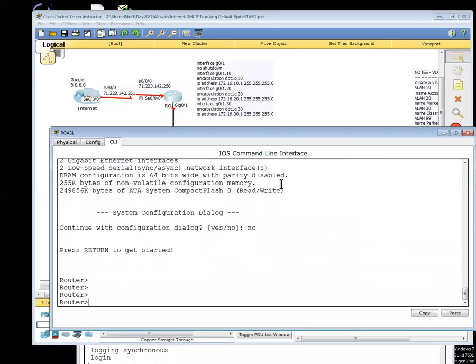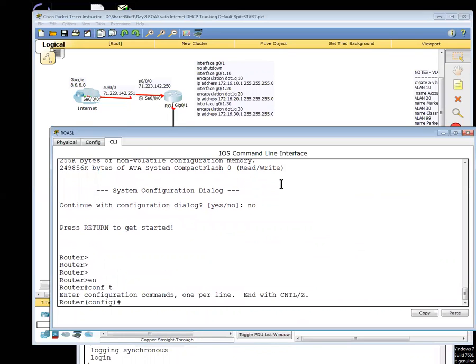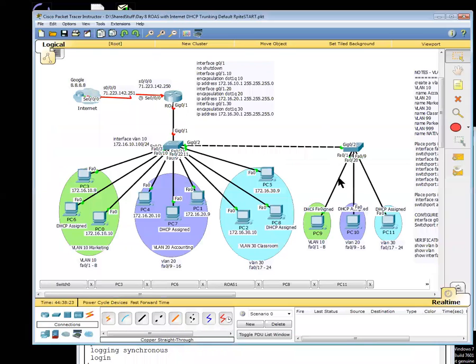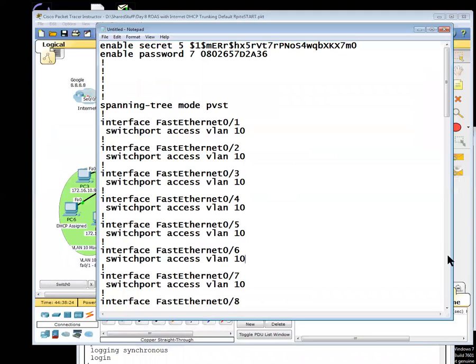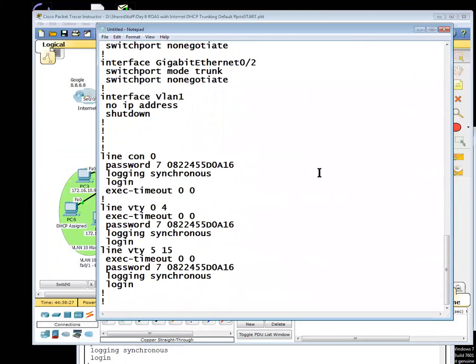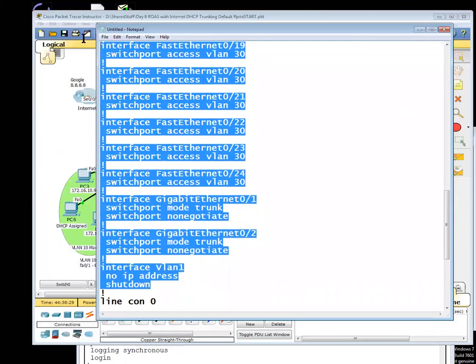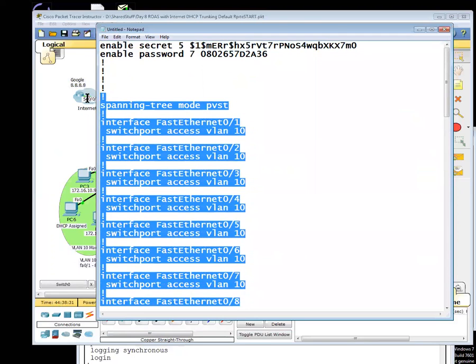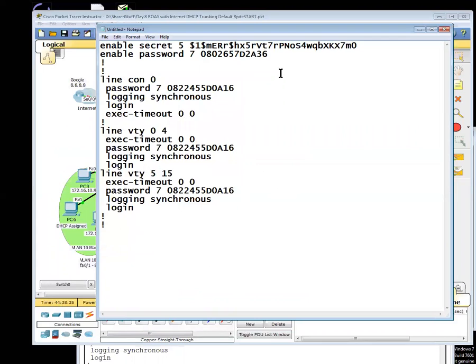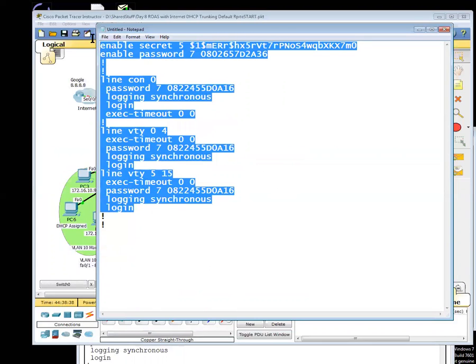We'll say no. We'll say enable, config t, hostname ROAS1. Okay, so now I don't want to type all that stuff again. I have my text file, all this configuration that is right here. I'm going to take out all the stuff I don't need, which is all the interfaces that are on the switch. Look at that. So we can put our enable secret, our passwords, all that on there. We just copy that